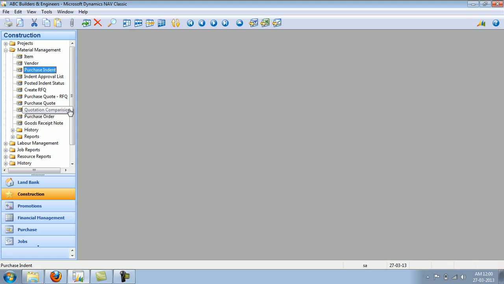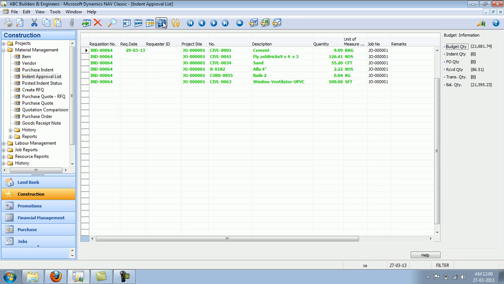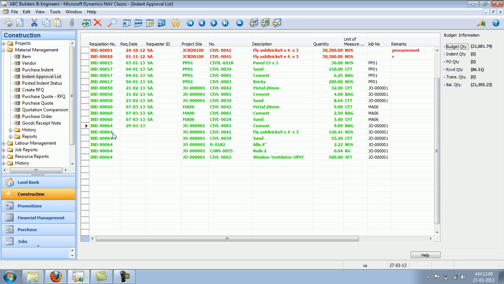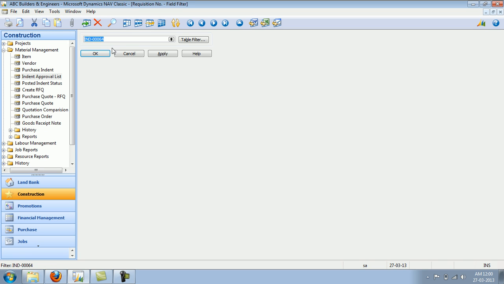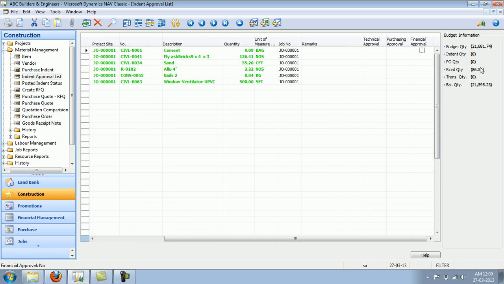I will come back to our material management process. I'm going to the indent approval screen. I can see this number 64 is the latest one. I want to do a filter so that I only see the indent which I am interested in. I can see the same information what was available to the person who was indenting. So the manager also gets to see the various inputs which are required,